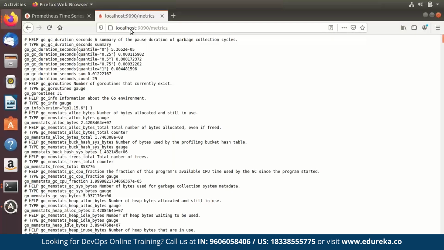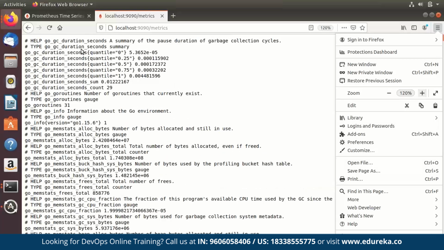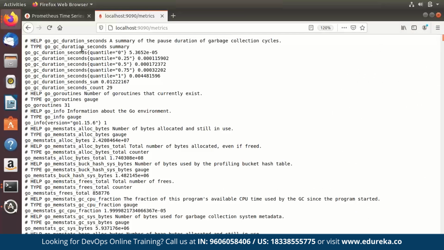Now you can see that Prometheus defines a very nice text-based format for its metrics. I'll just zoom this a bit so you can view it better. So now you can see that the data is relatively human readable. And we even have the help and type decorators to really increase the readability, right? As I've already discussed before, Prometheus has only 4 types of metrics, to keep everything really simple, that is counter, gauge, histogram, summary. Now, the type and help attributes here help us provide user-friendly hints for each metric in the output. So that's what these help and type decorators really do. They just increase readability. You can't really view all of these metrics and understand what they are, so they're just helping you with the readability.